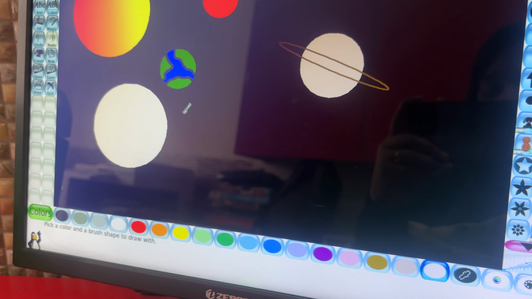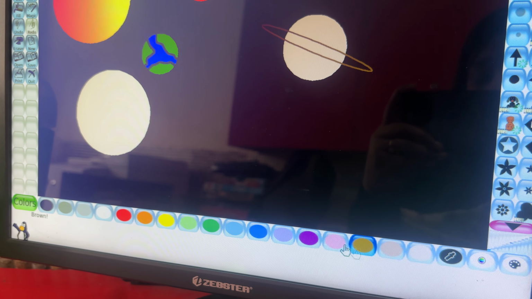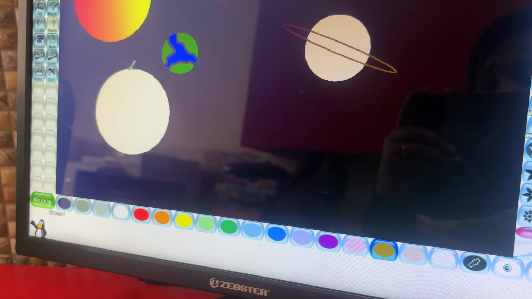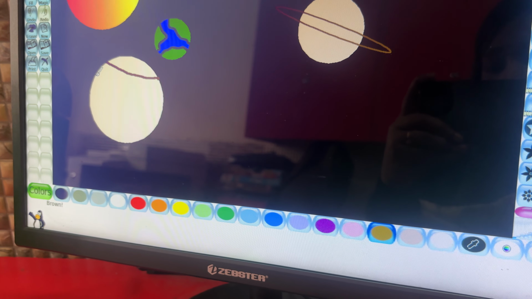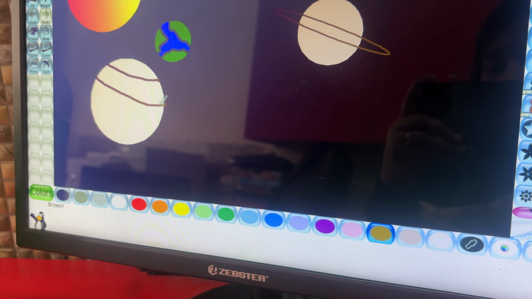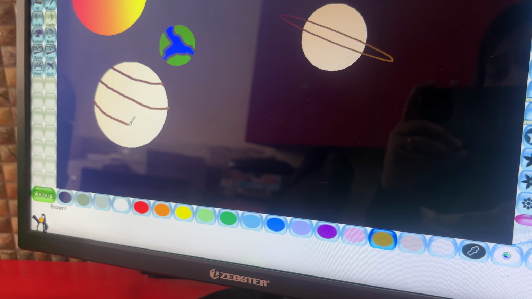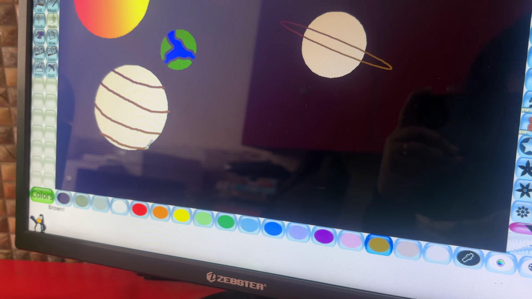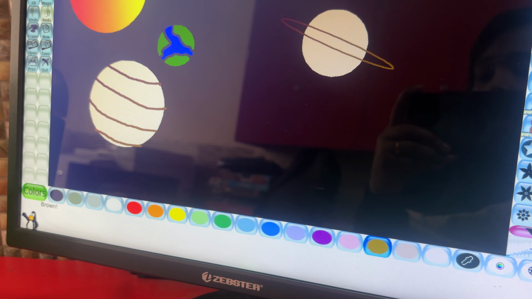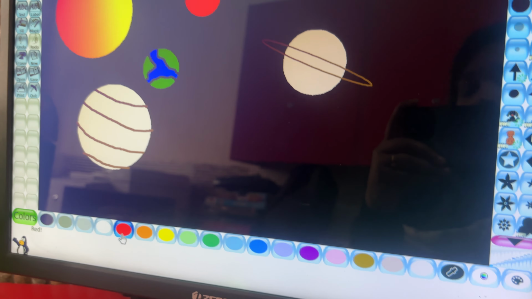We go back to paintbrush, and we select brown color, and then we will make markers or the craters that we know are visible on Jupiter, like so. Now we will use red color with the same paintbrush.